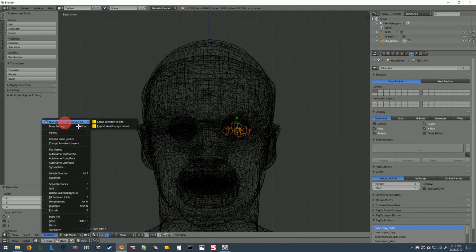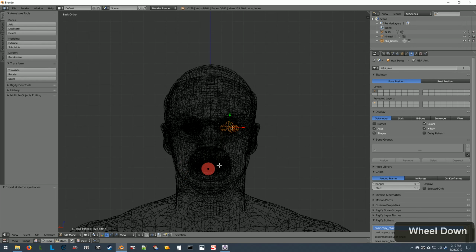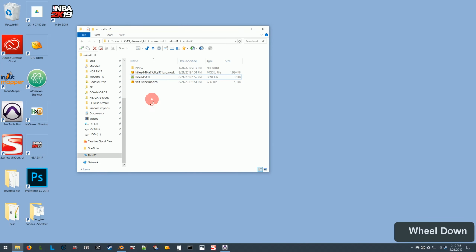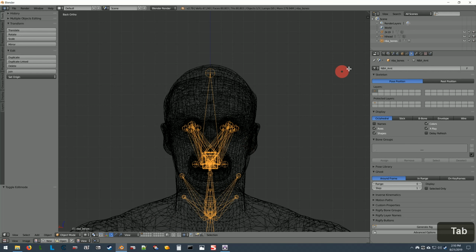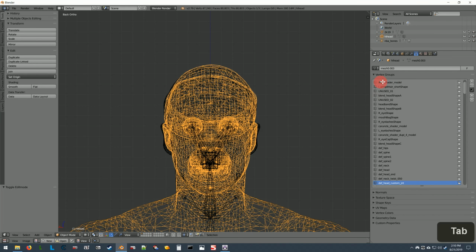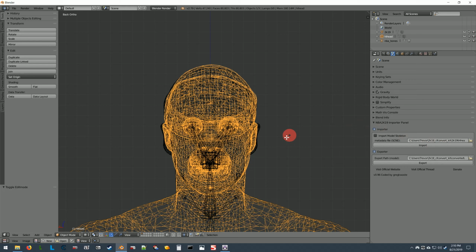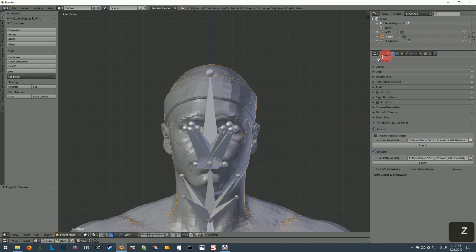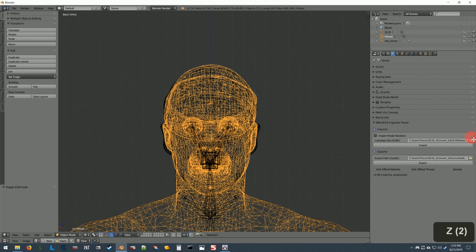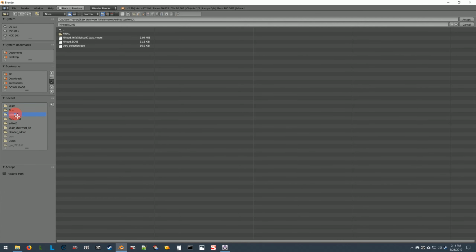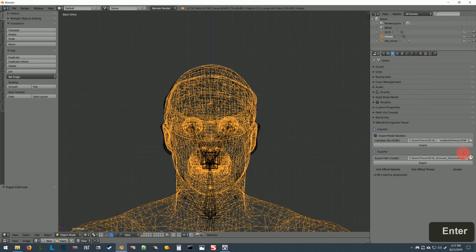And so I moved each eye individually, just a little bit along the X to better reflect the position of the converted player's eyes. And now I went and clicked that in the armature menu again, but I clicked the second option in the Blender add-on, and that's the final time we will use the Blender add-on. And what I forgot to do here is when I click that second option, I save those changes to the scene file,